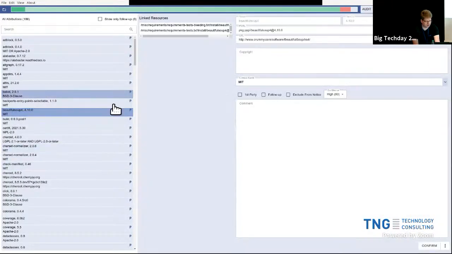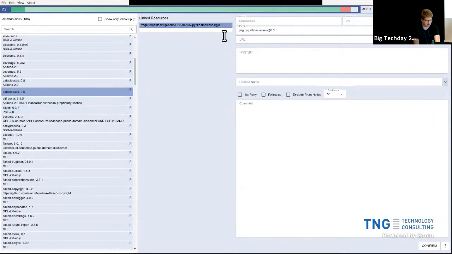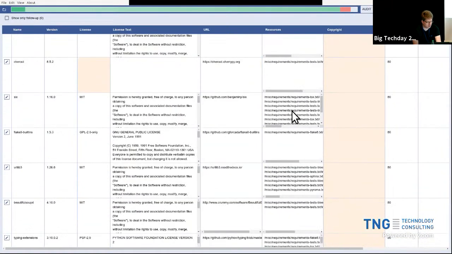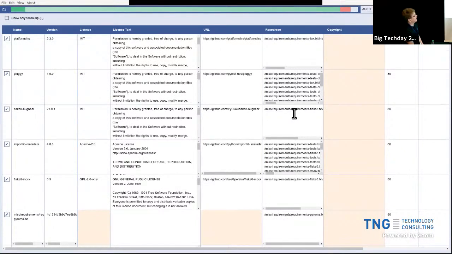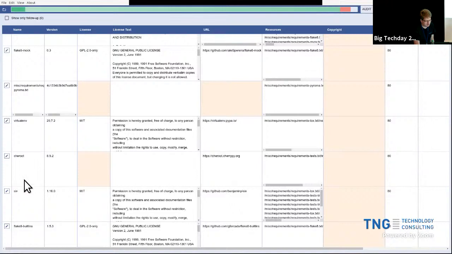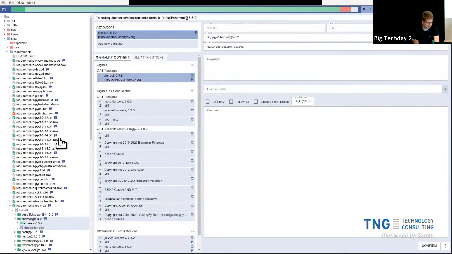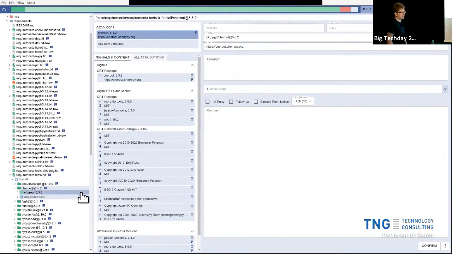And you have convenience features like an overview or an inverse view that helps you to understand what dependencies are there, where are they used. And we have a report view that gives you a bird's eye view of all the dependencies and highlights where something is missing. So the copyright information is right now missing for most of the components. That's potentially something that's in the tool chain not yet fully implemented or missing. Here I have a component that is missing a license, and I can start fixing these things. And go here, see that thing is missing a license. Which file is that? I can go here, and so that's basically how you dig through the source tree and